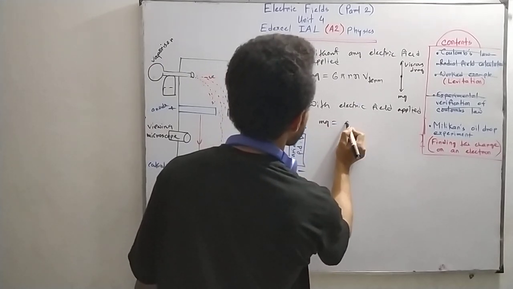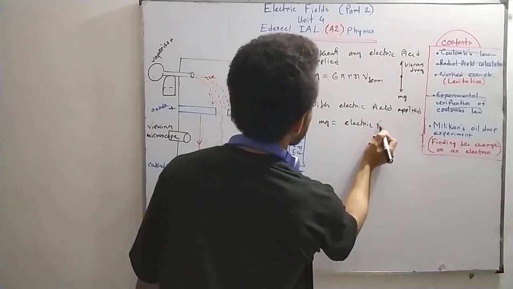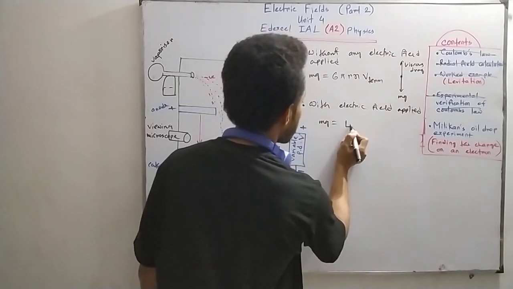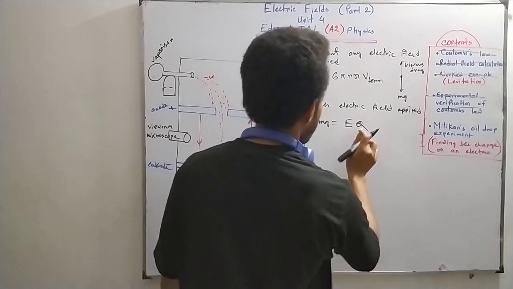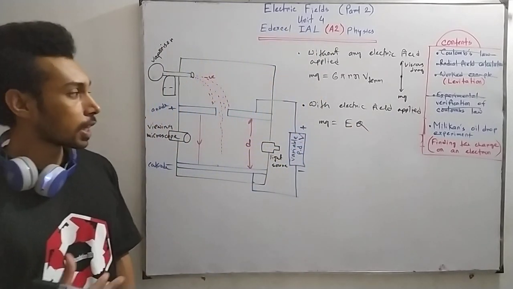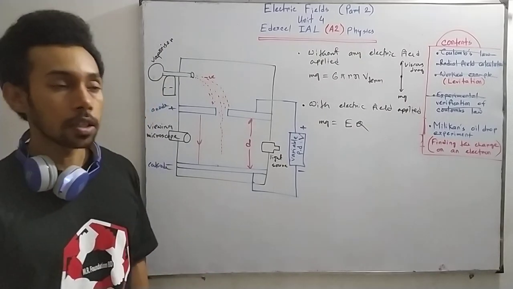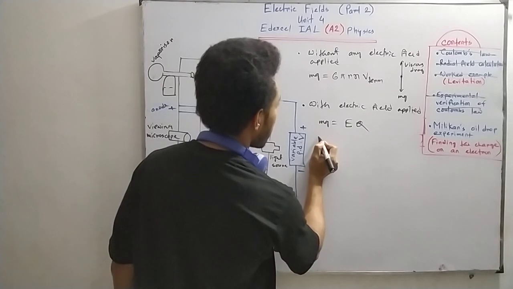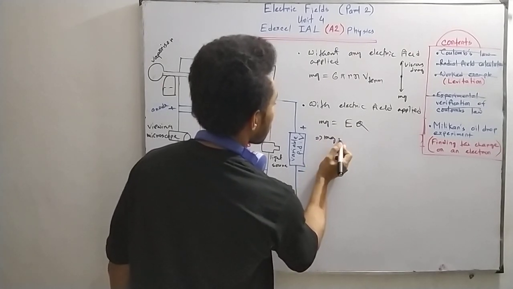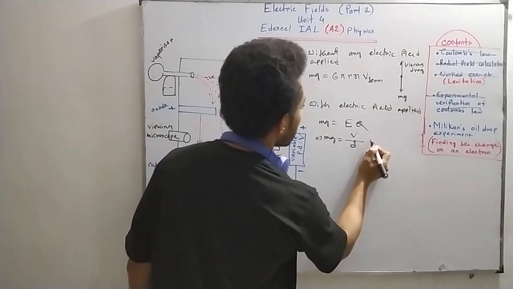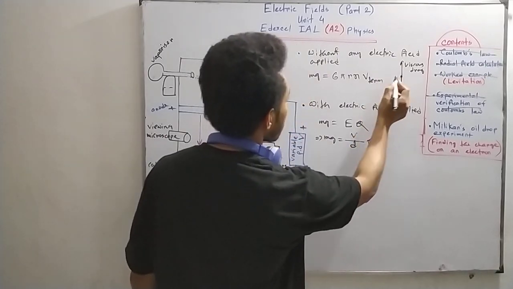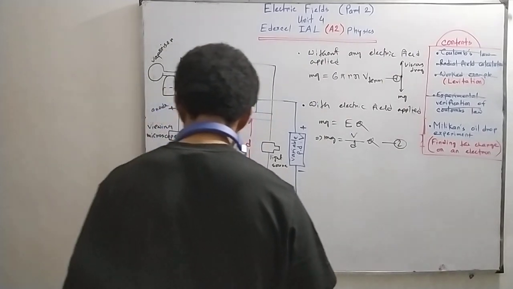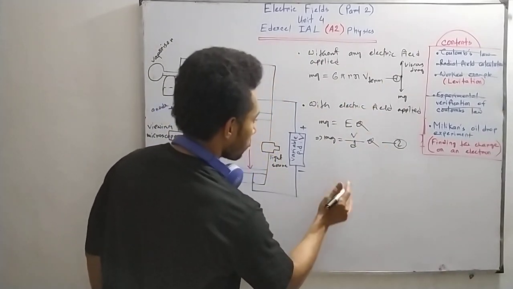In that case, we can write mg is equal to electric force. And in case of electric force, you can write electric field strength into Q. Q is the charge on an oil drop, and we know that E is V by D. So equation 1, equation 2, and equating these two, we can write